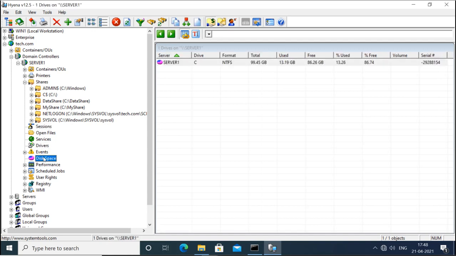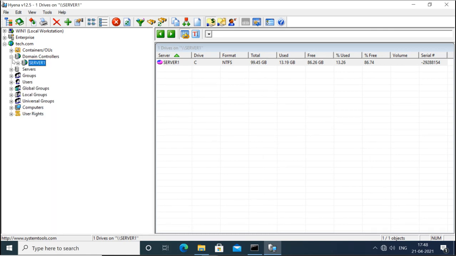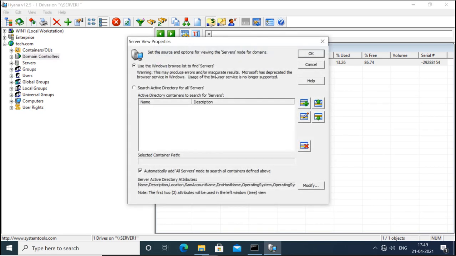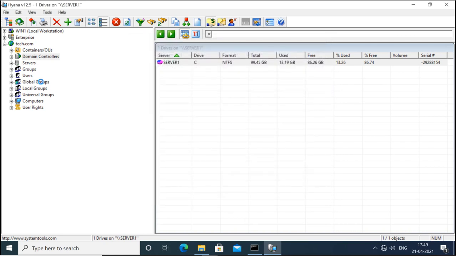So it is showing total information. And remember, our machine is not a member of the domain. Still we are getting the information from there. What servers are there? Just looking for the servers. There is only one domain controller there. There is no server we have connected.